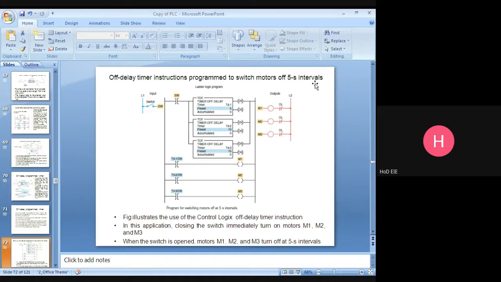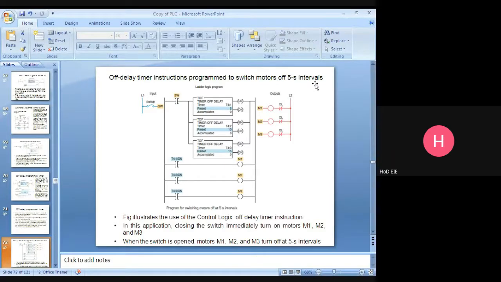Once you press the switch, 3 motors will be running. After that, I switch off. After I switch off, first motor will be off after 5 second delay. Second motor will be off after 10 second delay. Third motor will be off after 15 seconds.